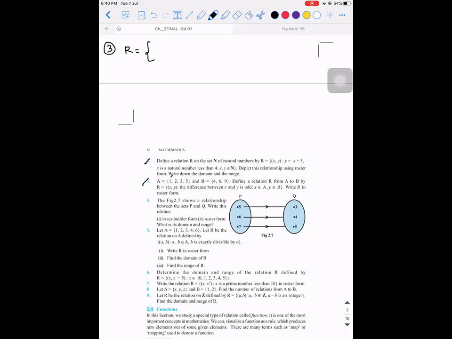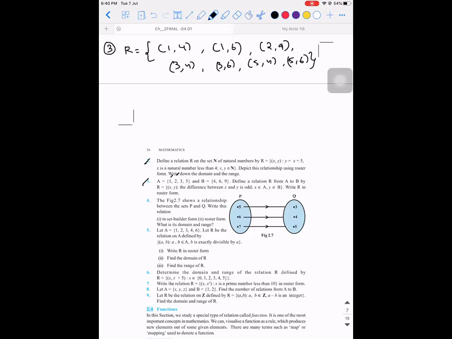Suppose if I take 1, then what is the ordered pair I can form? I can form (1, 4), (1, 6). I cannot do (1, 9) because 1 minus 9 will give me an 8. Similarly, if I choose 2, 2 is an even number, so what should I choose on the other side? 9. (2, 9). Then 3: (3, 4), (3, 6). (3, 9) will not work because both are odd numbers. So 5: (5, 4), (5, 6). That's it. So I hope you understood.